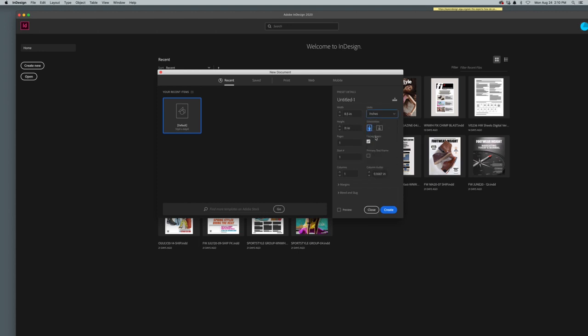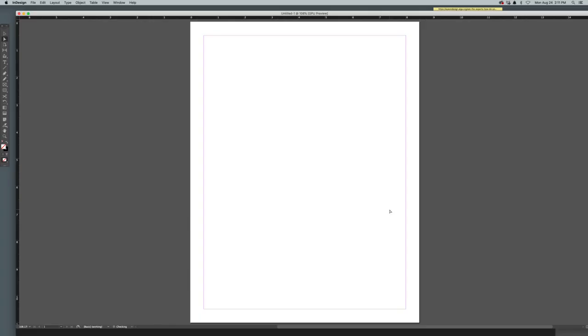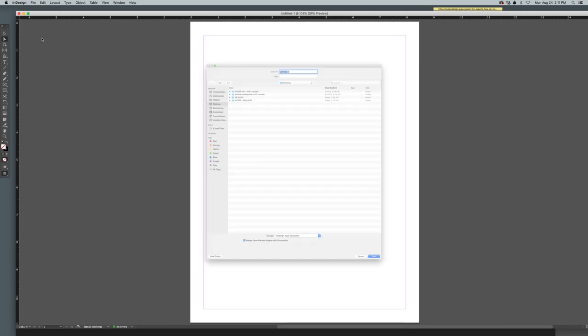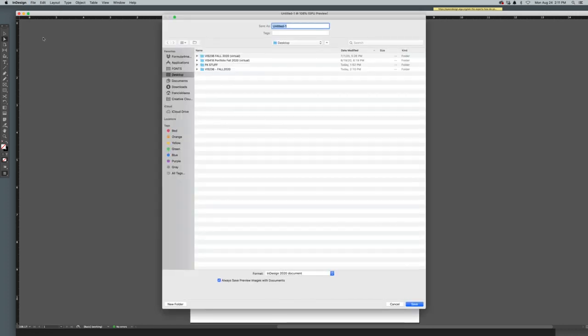I'm going to change it to inches, 8.5 by 11, and I'm going to create. All right, so there we have this work. And now what I'm going to do, I'm going to File, Save As, and every InDesign file will be saved like this. Let's go to the desktop, which is where we are, and I'm going to go to